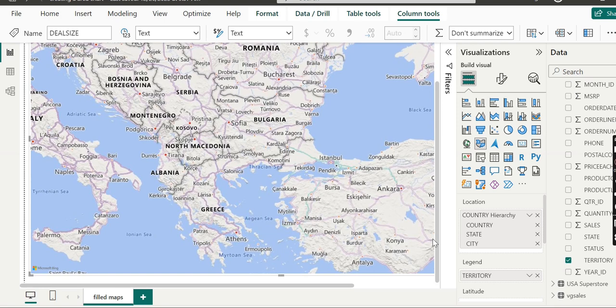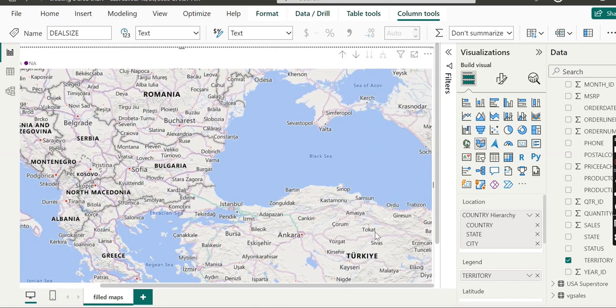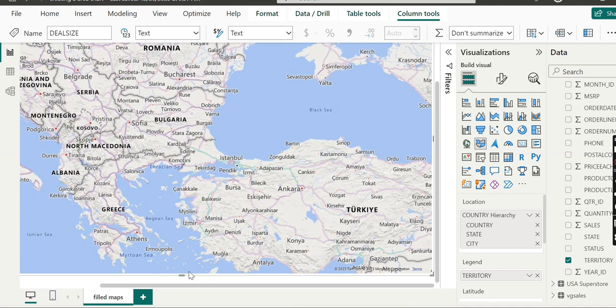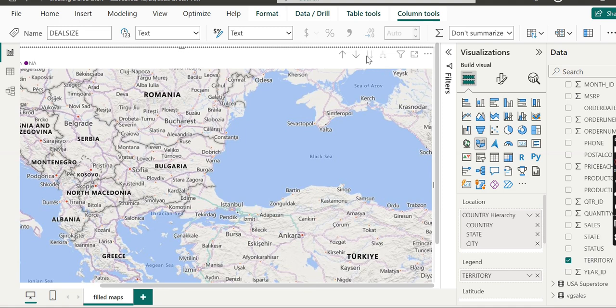In a similar fashion, if we do it like this, this means we are at the lowest level and we can't go any lower. The map is blank. If you think about this, it makes perfect sense. If you click once again, you will see the map is blank now.